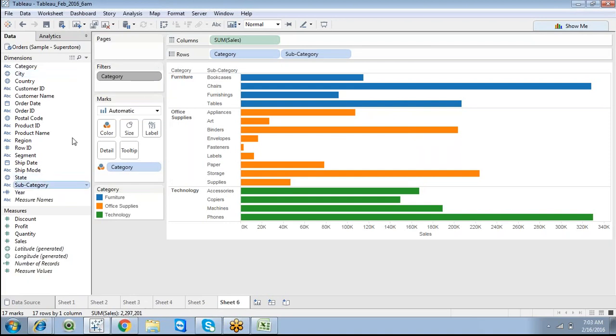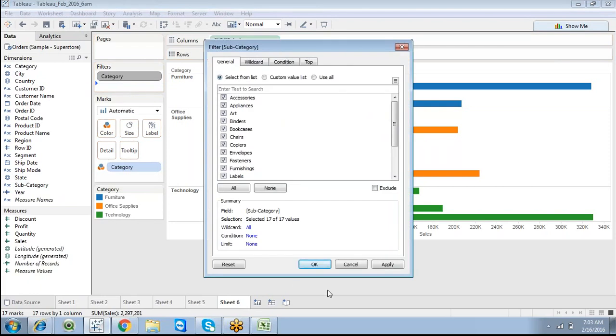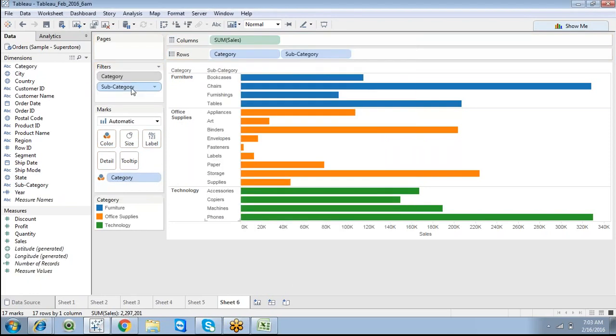Normally, when you drag and drop a filter, it shows in a simple blue color, depending on the dimension. Dimensions show in blue, and a context filter shows in gray. The reason is that it differentiates from other categories or dimensions. That's the only reason. And we have a subcategory filter and a category filter.